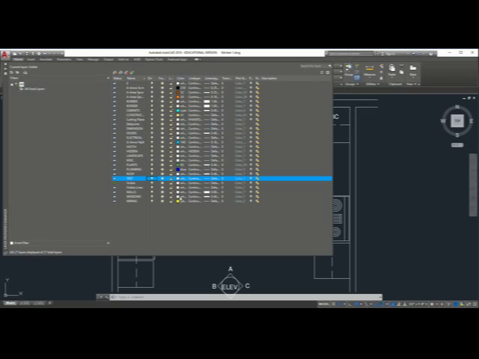We can change the color, how it appears on our work screen. The line type. Most of the time it's going to be continuous. Every once in a while we're going to change the line type. Line weight, how heavy the line work is. Transparency, if we want it to be semi-transparent, we can change that here. And then plot style, what color do we want it to plot in? Most of the time we're going to have line work print in black, but there are times where we need a different color, blue or green or red, and that's when we'll change the color here for when we print